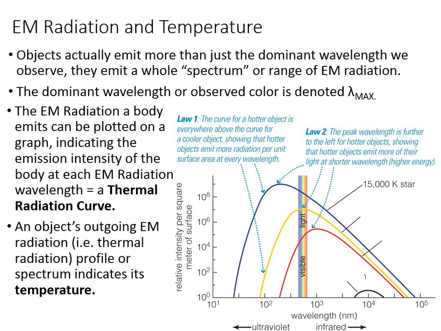Okay, so let's look at the yellow one. The yellow one is our sun. When we study our sun, we're going to see that the temperature on the surface of the sun runs about 5,800 Kelvin. So it's cooler. Notice the 2 things: it's squattier, less intense, and its peak is over there at the longer wavelength. It's a yellow star.